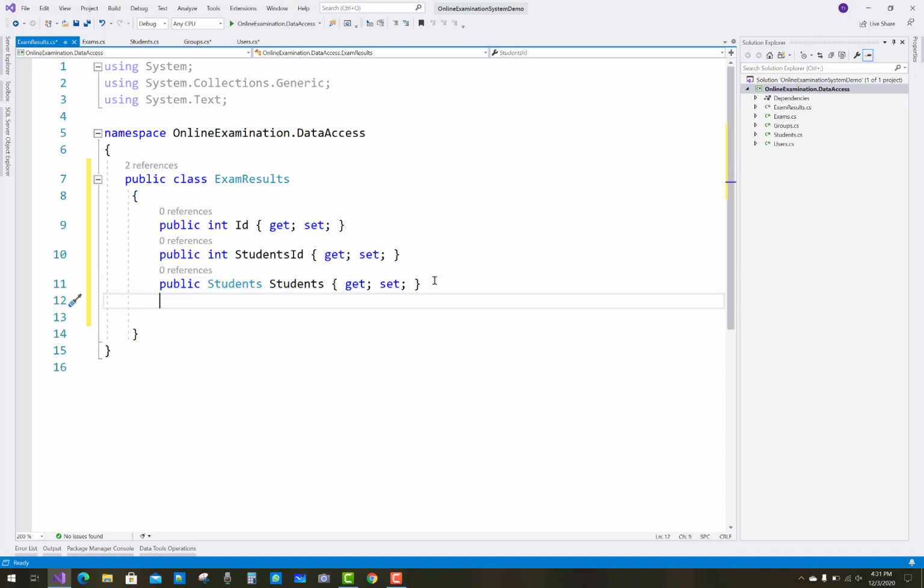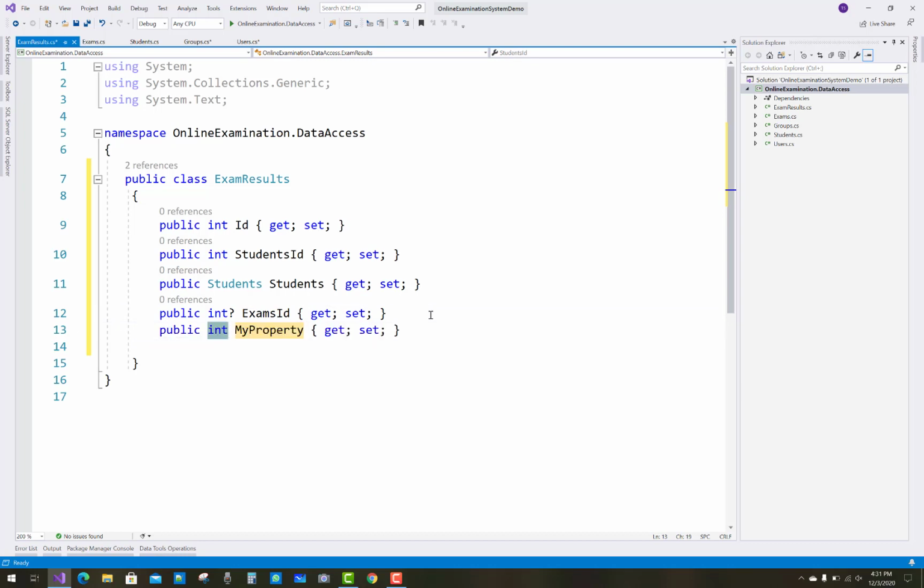And the exam ID you can make a nullable type, and question answer was also there, and prop student is there, exam is also there. So exam ID is mentioned, so integer, that is nullable type, exams ID, prop exams.